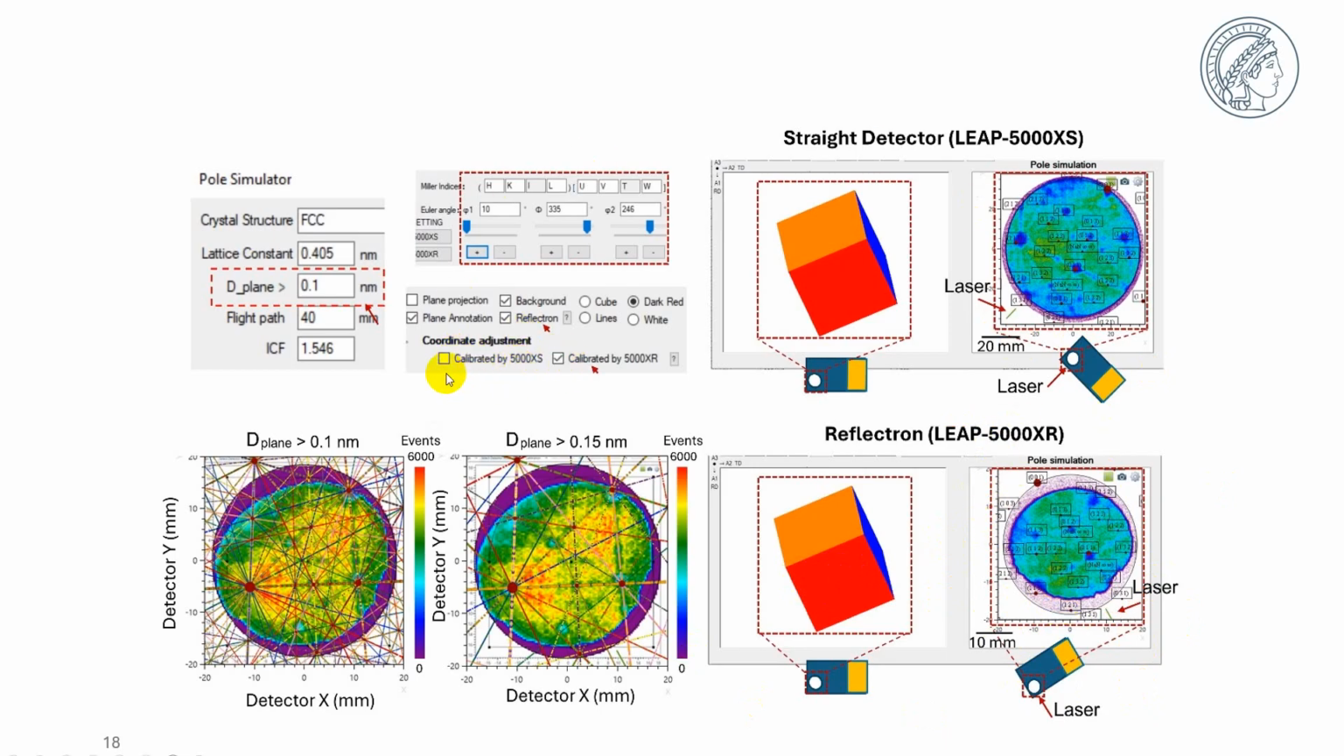So that means if you select a different instrument, it will automatically calibrate the angle differences. Okay, so